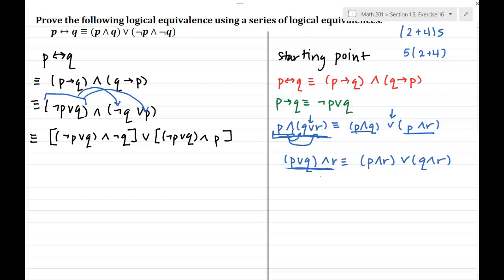Because I've changed the order of my variables, but that's still what we're using here. So what I'm going to do is distribute the not Q to the Q and to the not P, and I'll put an or in the middle. I'm going to make sure to group this so I don't get things combined with other things. Try to err on the side of putting too many parentheses in, but be careful. Not P. I'm distributing the not Q to both of those, now putting an or between